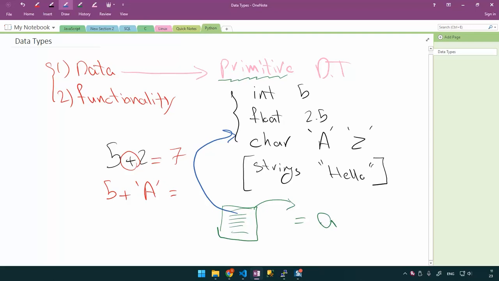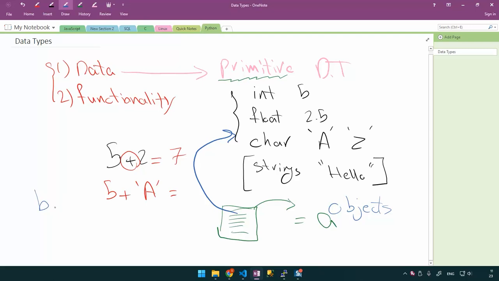So that's why we say primitive data types are understandable by the hardware, and these kind of complex data types, they are not understandable by the hardware. And we call these objects. You'll see later that in programming languages like Python, usually most modern programming languages, everything you see is an object.